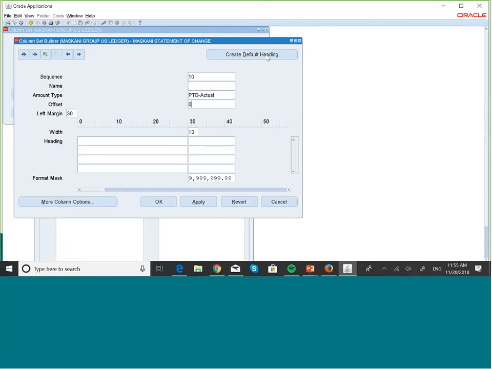Let's create a default heading, and it's going to show a period of interest, and this looks good enough. You just need one column. Okay, we can add another one for previous month, but not really necessary for this demonstration. So let's save that,